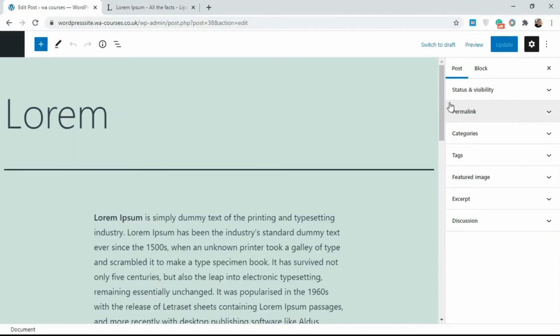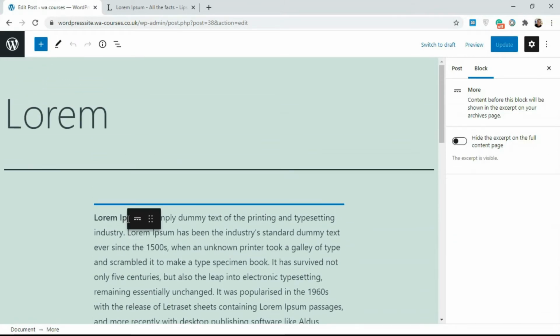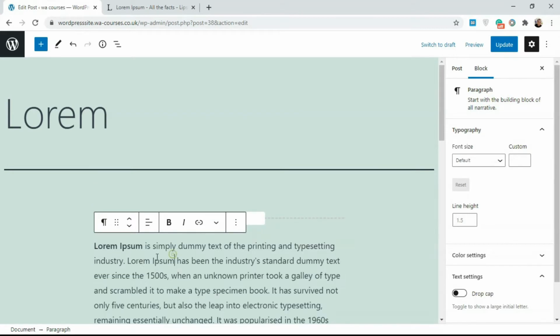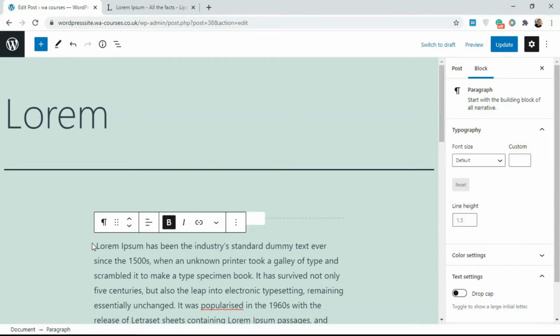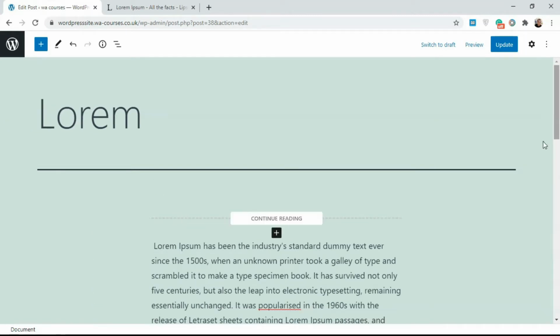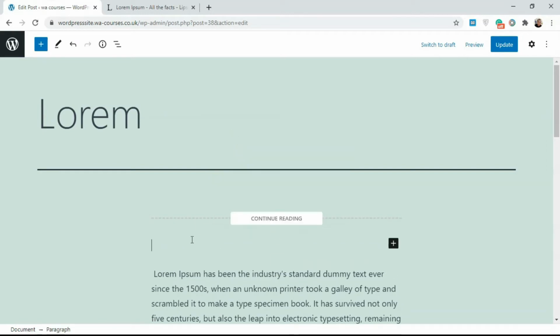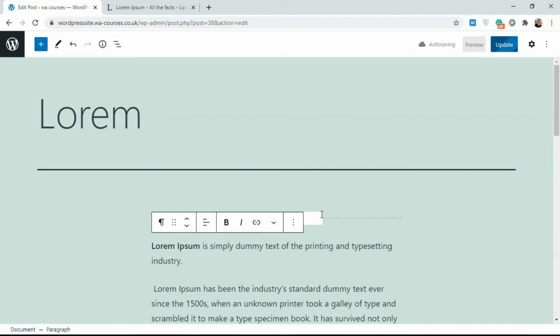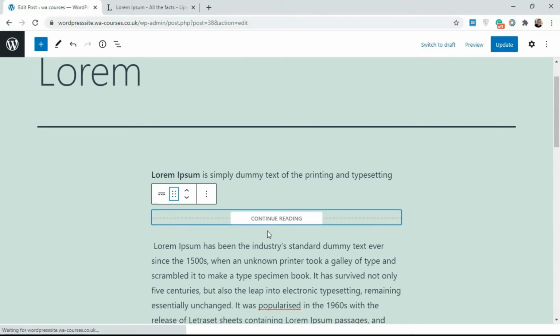So I'm just going to scroll down and I'm going to drag and drop this here. Then I'm going to copy just a little bit of this. Just going to cut this. And I'm going to add another paragraph here and paste this in. Then I'll add this in between the two. Okay, so I just want to show you that this actually works, and everything below the text here is not